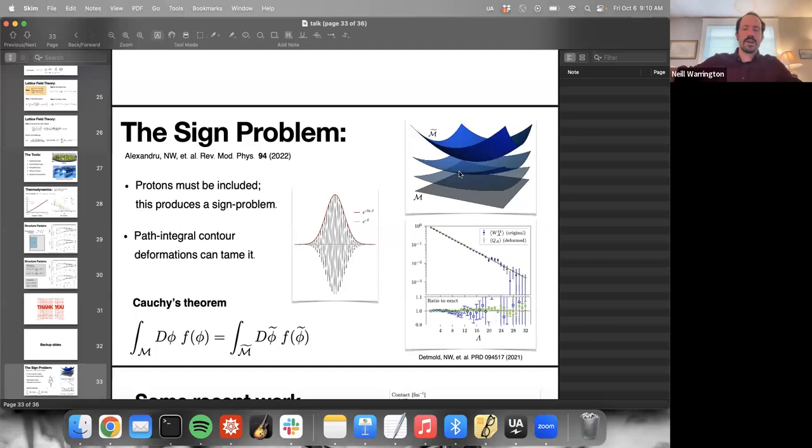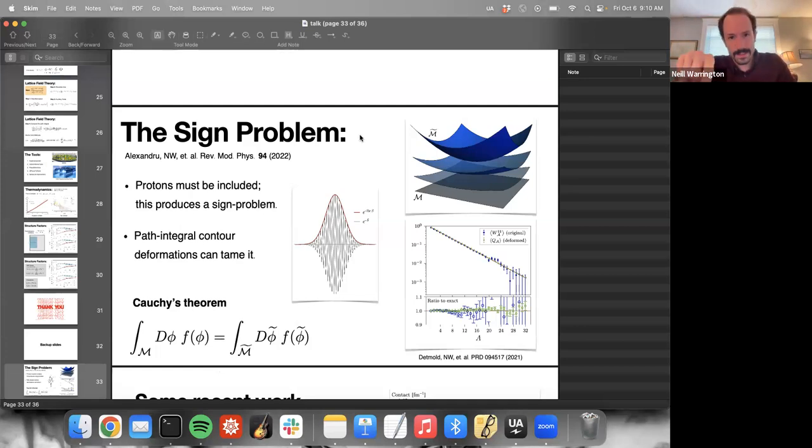Okay, I've got an integral along the real line. That's way too hard. Let me deform my integral to an arc at infinity, pick up a residue, blah, blah, blah. Okay? You can do the same thing with path integrals. Somebody hands you a path integral with a given integration manifold. You can actually change that integration manifold for basically any lattice field theory, and it doesn't change the answers because Cauchy's theorem, which is what's at play in one dimension, actually generalizes to many dimensions. And every lattice field theory ever is a many-dimensional integral. So